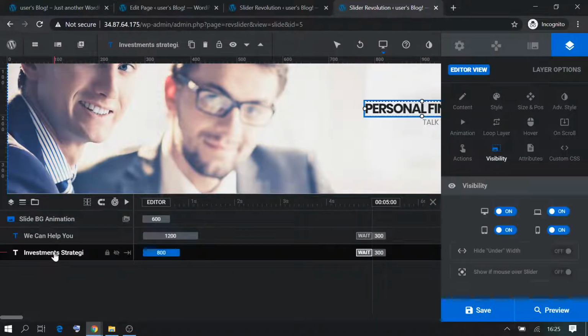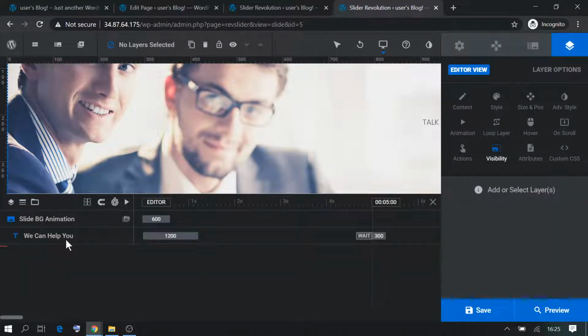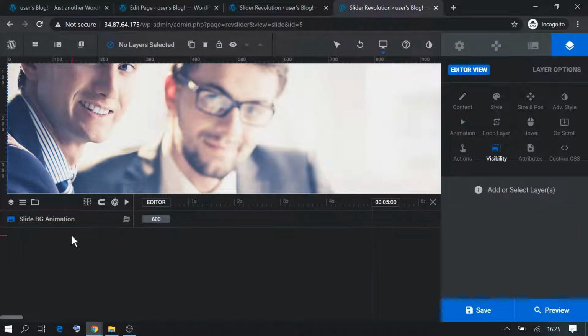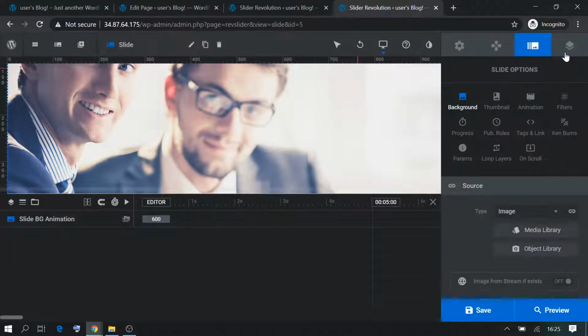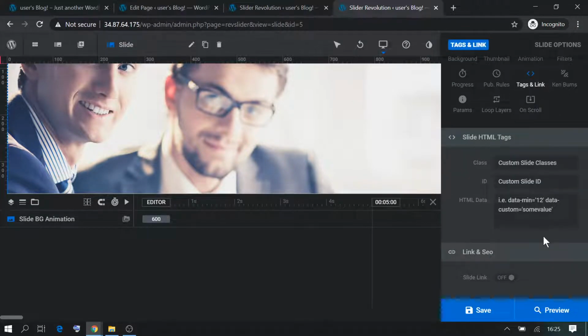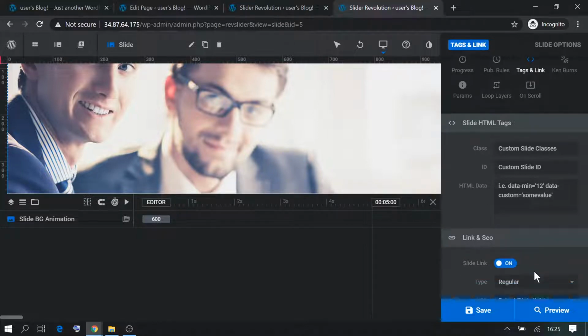So we don't want the text, we just want a background image which is there. And when somebody clicks on the slider, we can just select this attribute here. We can click on it, and we can just go to tags and links, and we can activate the slider link,